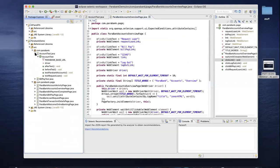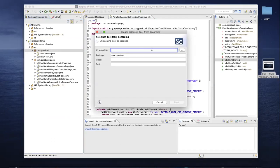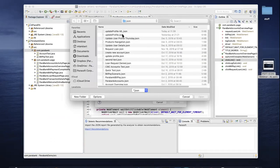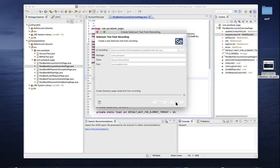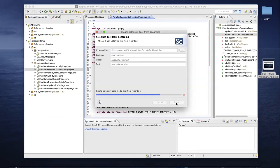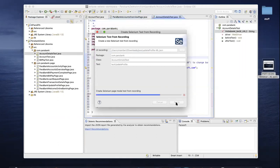Now, what I want to do is very quickly add to my existing package. I'm going to add that UI recording that I just did right here. And I'm going to say it's in package PowerRank. I'm going to call this account details test and just click finish. So here what Parasoft Selenic has done is it's taken that recording and it's creating me